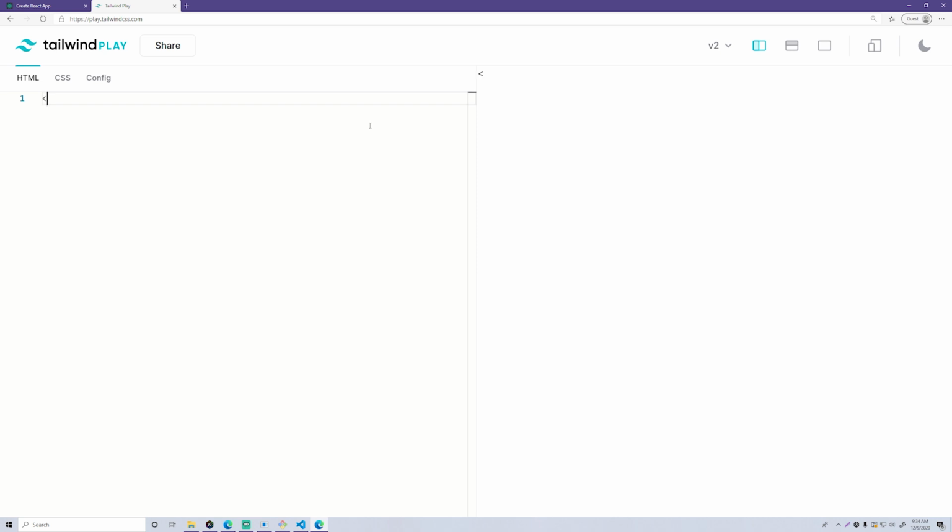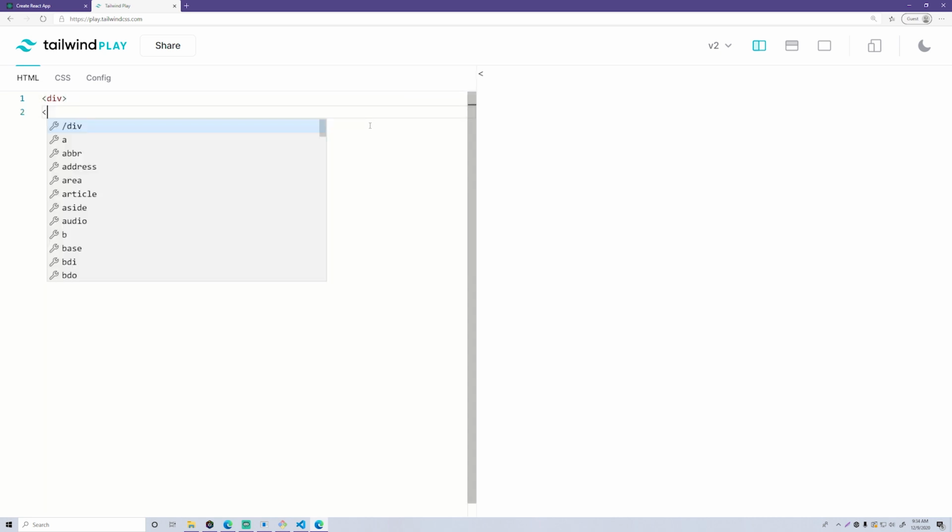But yeah, so let's have a surrounding div. This will be the div for the application, the main application div for the component, and then after that we'll have an h2 tag. So this will just be the header, and inside of that we can say my to-do list. Okay, and then we can apply some styling to that with classes.